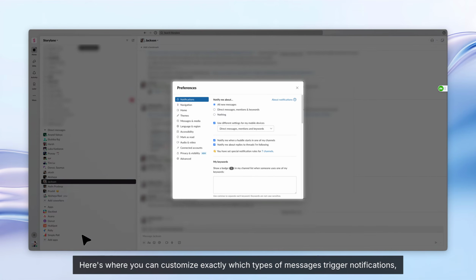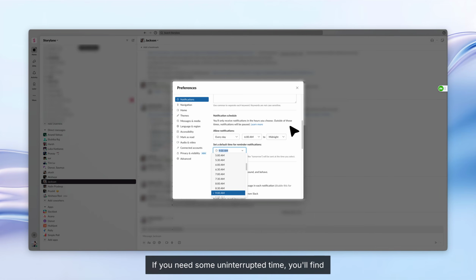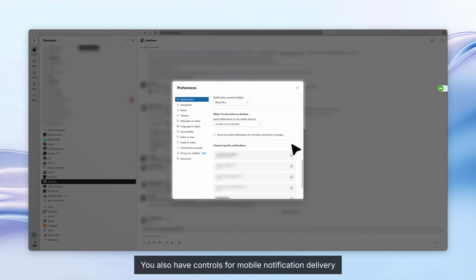Here's where you can customize exactly which types of messages trigger notifications, giving you full control over what gets your attention. If you need some uninterrupted time, you'll find options to pause notifications for a set period, whether that's 30 minutes or a few hours. You also have controls for mobile notification delivery and the ability to silence alerts from specific channels that might be